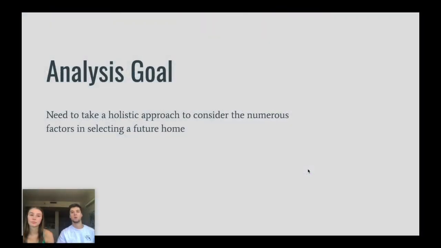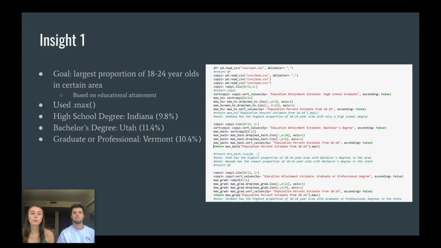Then once we had all of our data files, we moved into our analysis goal, which is that we need to take a holistic approach to consider the numerous factors present in selecting a future home. So for our first insight, we wanted to break down based off educational attainment. And to do so, we took our clean CSV file and made 3 individual smaller data frames from this. And we sorted them by these educational attainment levels, to return the top 10 highest educational attainment. And we did that for high school graduate, bachelor's degree, and